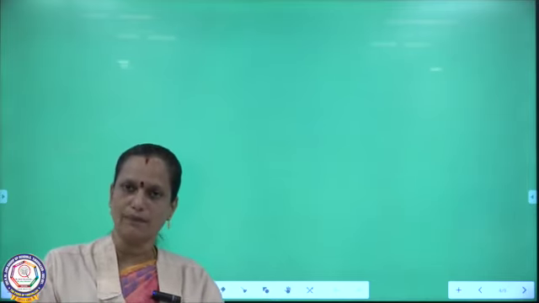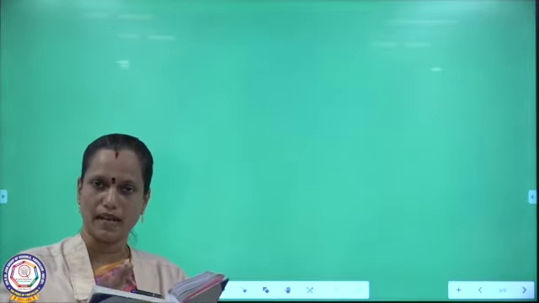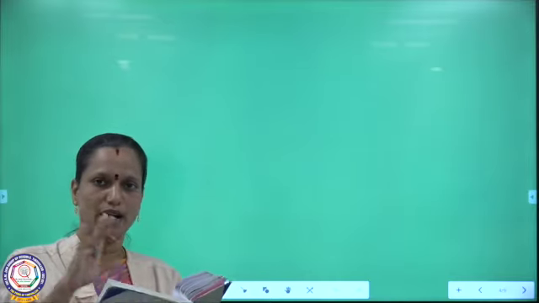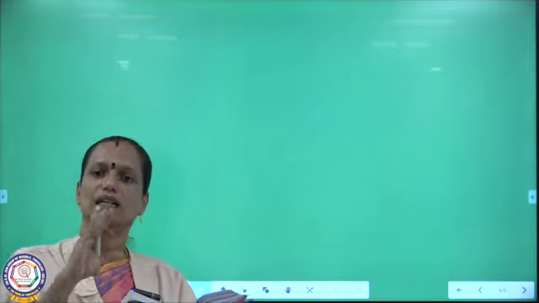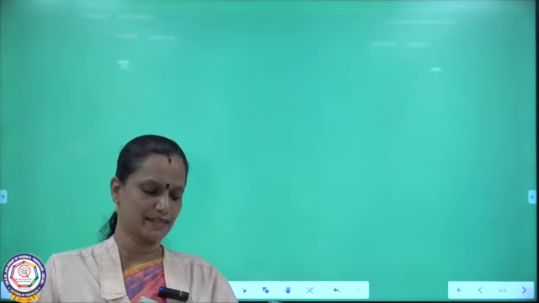So, in this sum they didn't ask journal entries. First we have to calculate only interest on capital. Opening capital they have given, so that also we have to calculate, and then additional capital introduced also they have given, that also we have to do. Now we move on to the next sum.